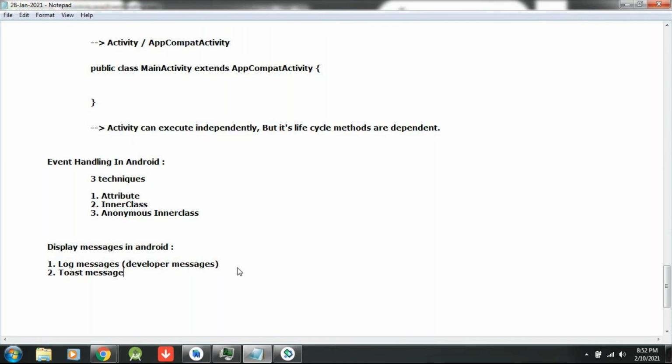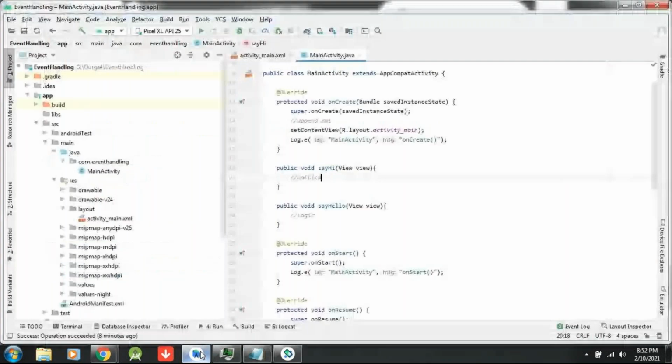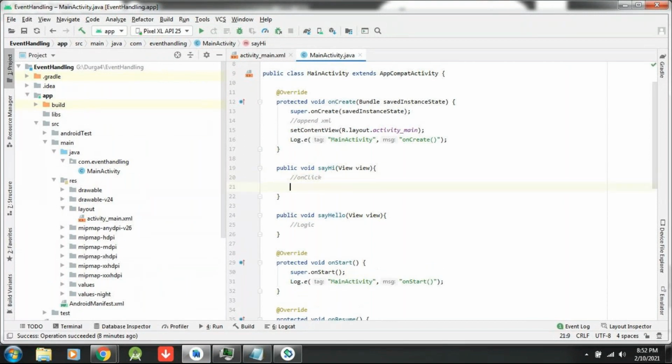Up to some time it will display on the screen, and after that it will disappear. How to write this toast message? This toast message is for end user purposes. Let me write how to write a toast message when I click on the say hi and hello buttons. So you must remember the toast syntax.